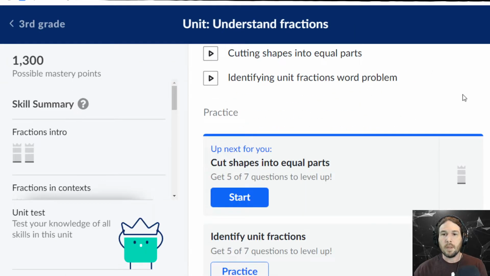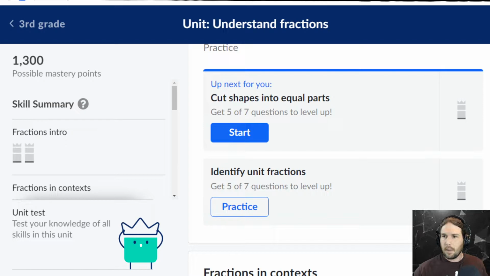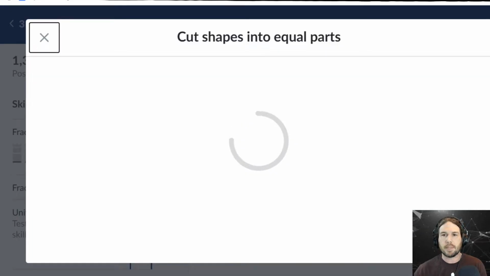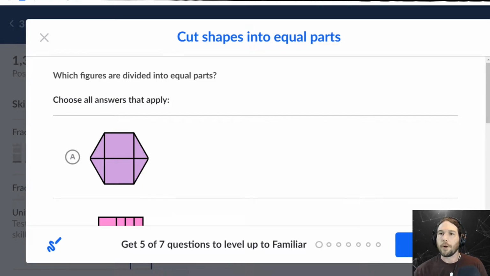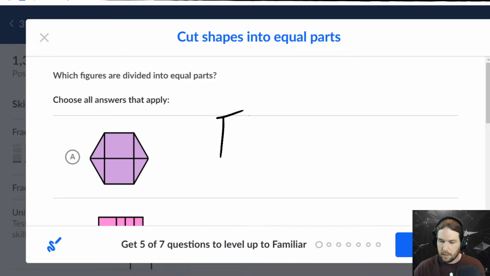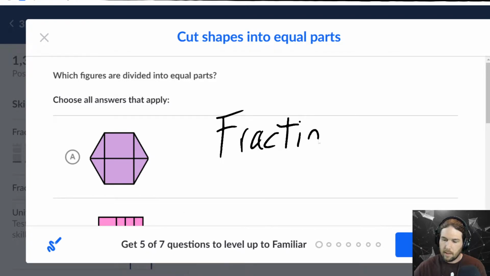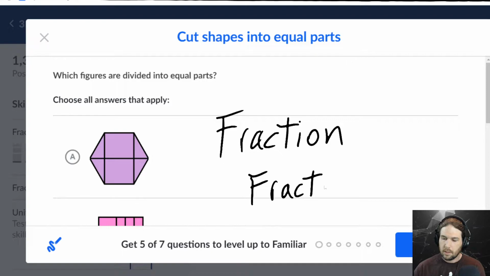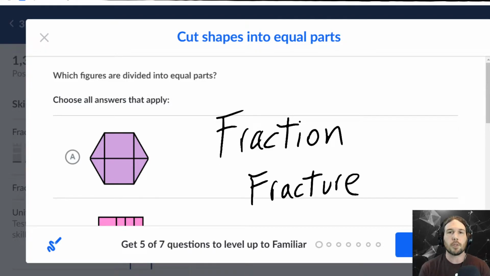Okay. So now we're going to start talking about fractions. Now, fractions are probably going to come, and we're going to go to cut shapes into equal parts. The word fraction, if you really think about it, what does the word fraction even mean? Well, fraction sounds to me like fracture, which means to split up. Right? A fraction is a whole thing that has been split up in some way. Sometimes it's many whole things that have been split up in some way, but it involves some sort of splitting,